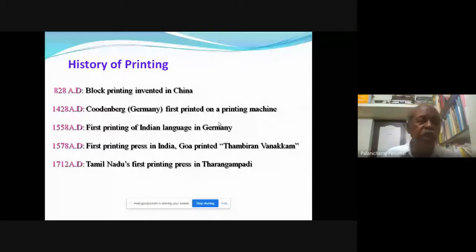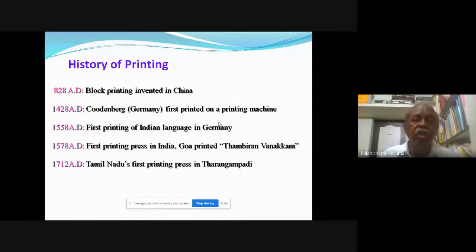In some of the universities also they are keeping the manuscripts. But Buddhist Jatakas, they wanted to spread to others very fast, so they searched for multiple copies. What is the method of multiple copies? So they found in